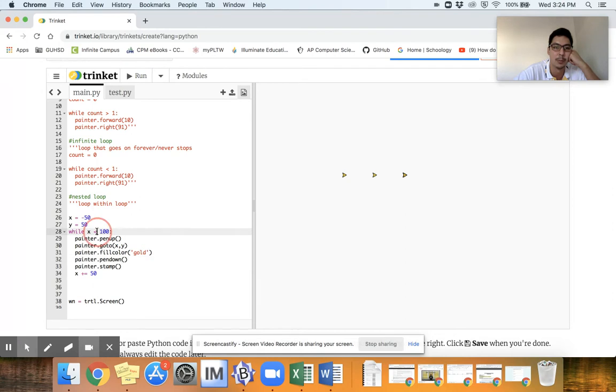And let's have it go one more time, less than or equal to, have it run for total. Okay, so that's one loop. Now, if I want it nested, well, I want, after it stamps down, I want it to then go downwards. So lift up, go to that spot, fill the color, pen down, and stamp. And then after it stamps,